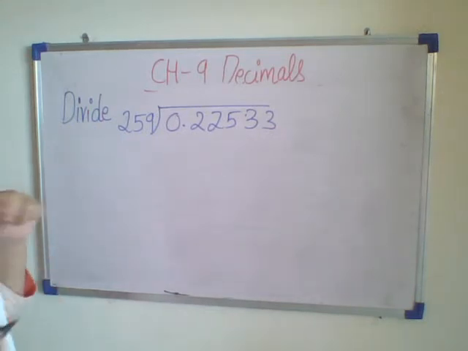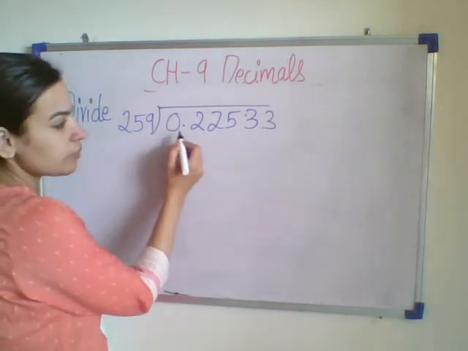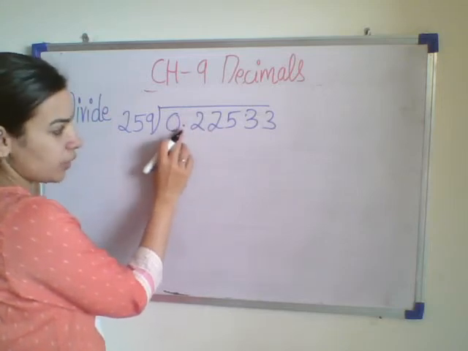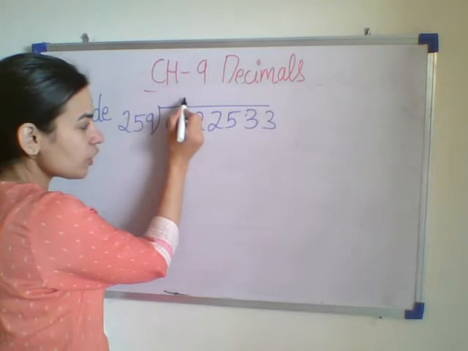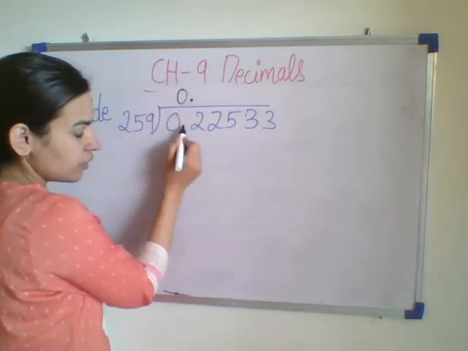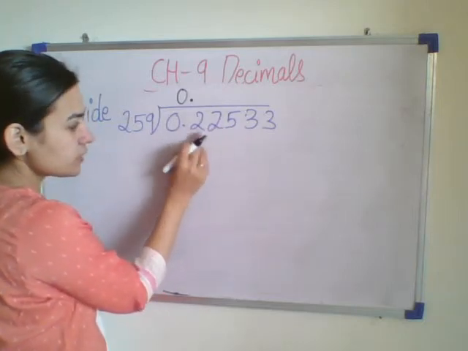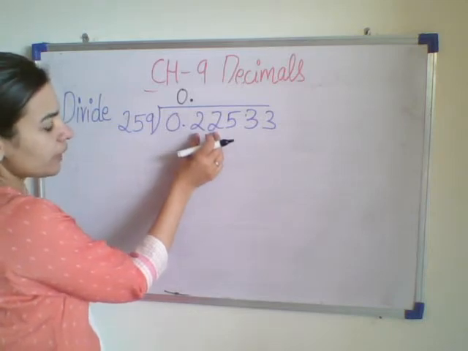Now here you can see the first digit is 0, it cannot be divided. Next is 2, 2, next is point. After 0 it is point. So first of all we will write a 0 and a decimal here, and then we will move forward. Here it is 22, 22 is also smaller than 259. So we will be taking